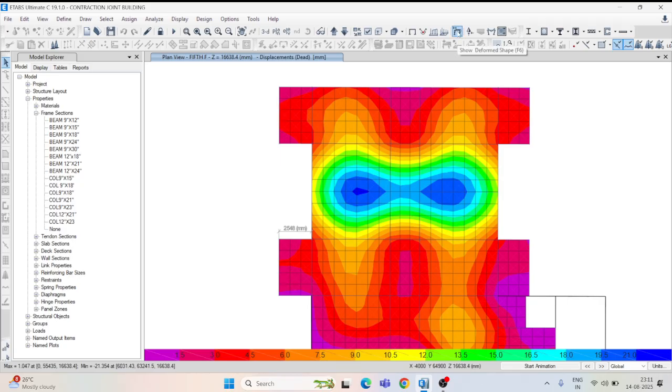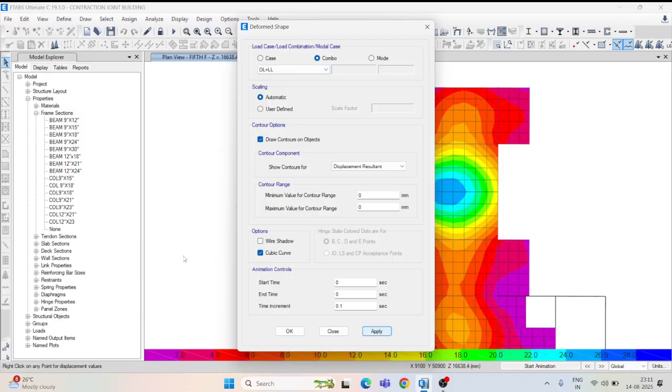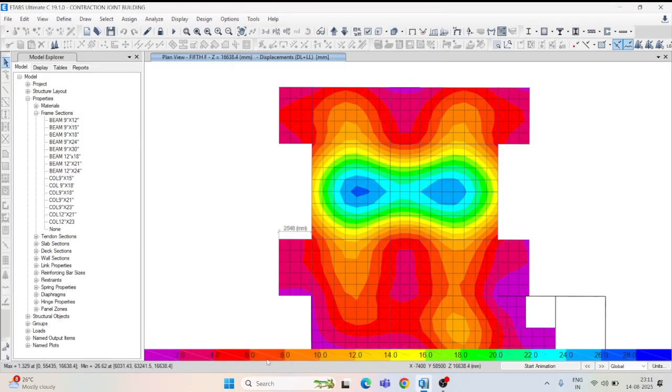Now you have to go here, show deformed shape, combo, dead load, live load, and just apply. And here we'll have to see it is getting 26.62 at this level only. I think not this level.